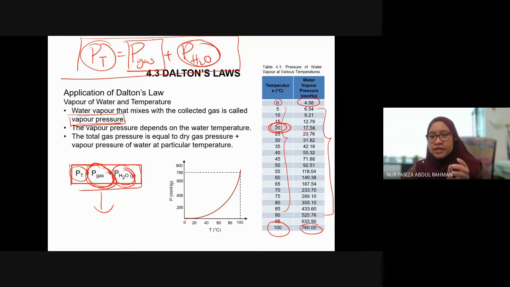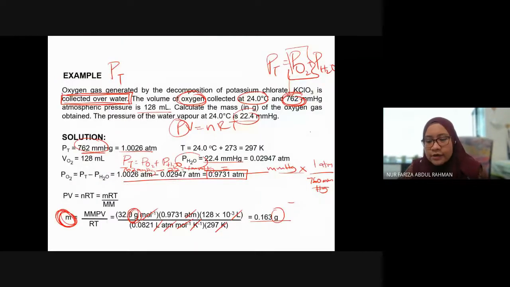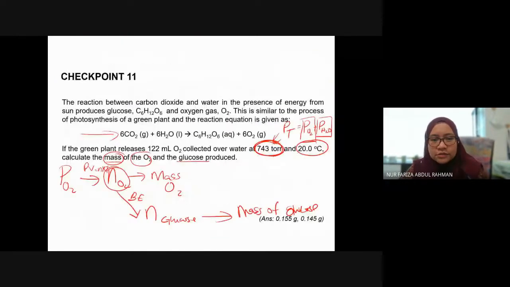We know that mmHg is the same as torr. 1 mmHg is the same as 1 torr. So if you have 17.54 mmHg, in torr it is also the same value. So now that we know that,